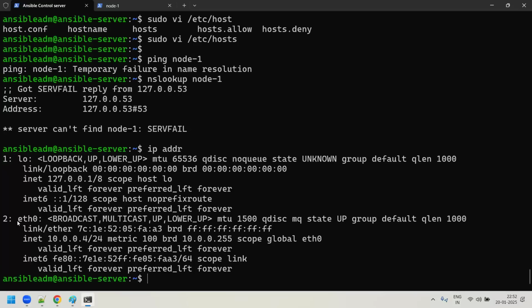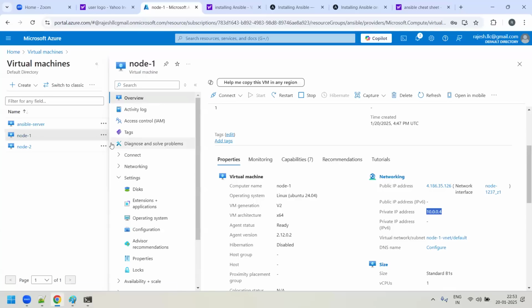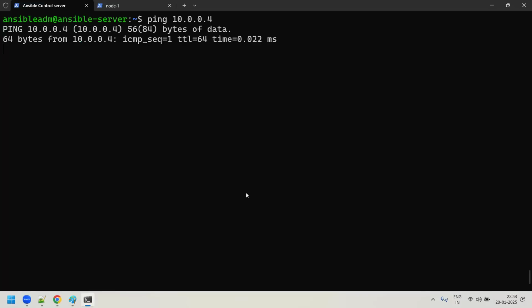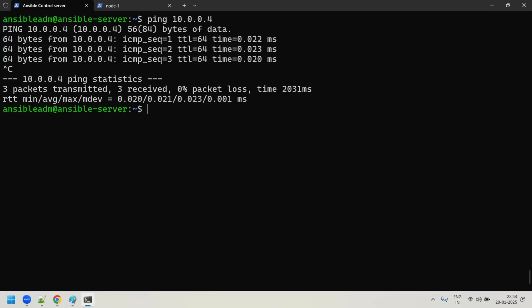Now the point here is that you have started pinging from your Ansible control server to the node 1. So how to ping it? Ping 10.0.0. What is it? 5 or 4? Node 1 private IP address is 4 actually, right? You're able to ping it. It means that you're able to reach it out, right? So it means that Ansible is able